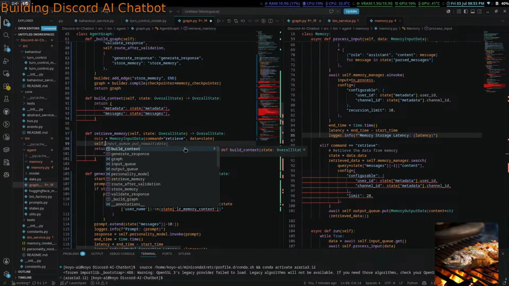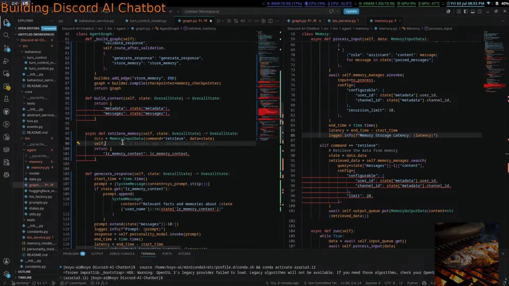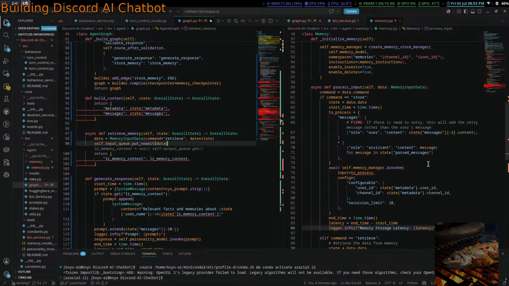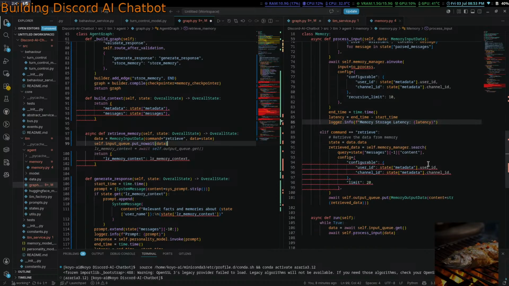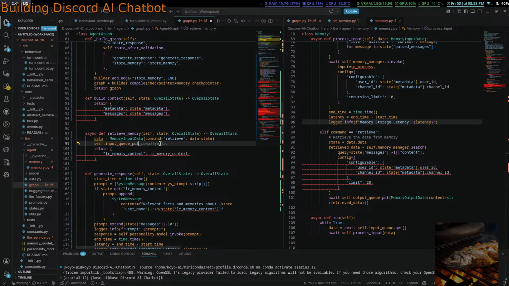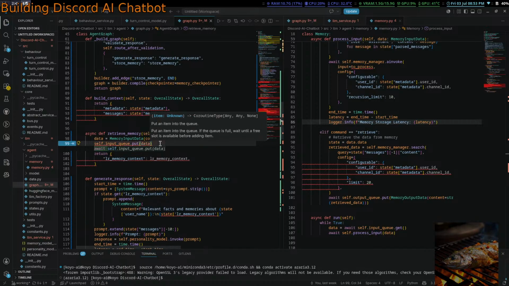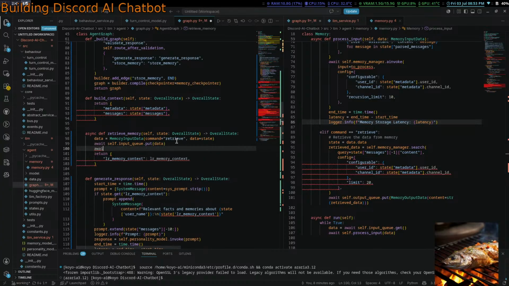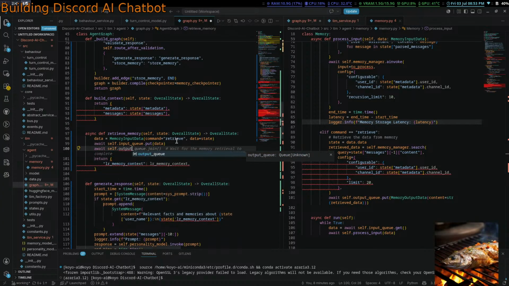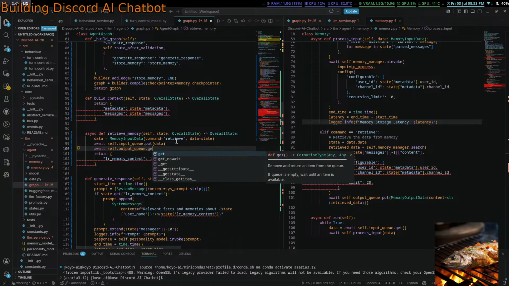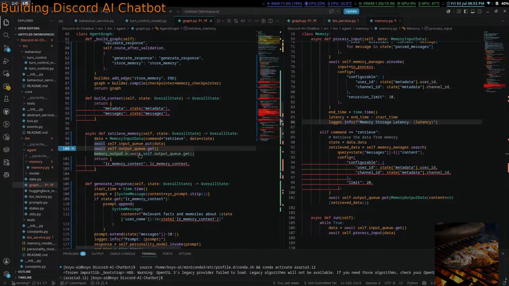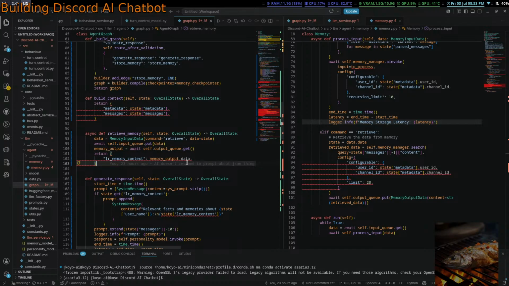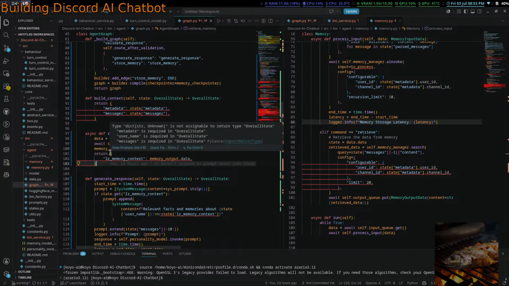And then we go self.input queue.put, no wait. It should just be put. Put data. Await self... oh, it's because I'm stupid. And then await self.output.get memory output. Okay.